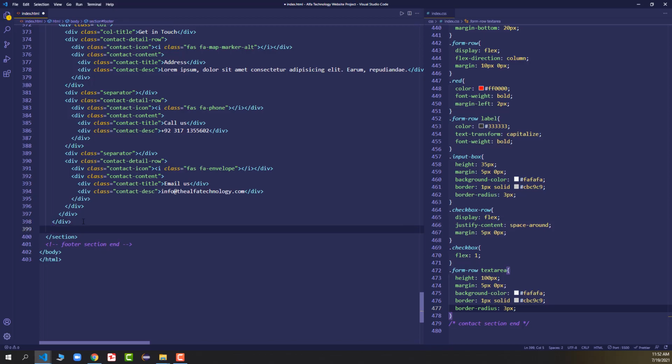Okay, then I will come outside of everything, but will remain inside the section tag, and here I will add dot separator, the separator class, and then I will say dot copyright section.